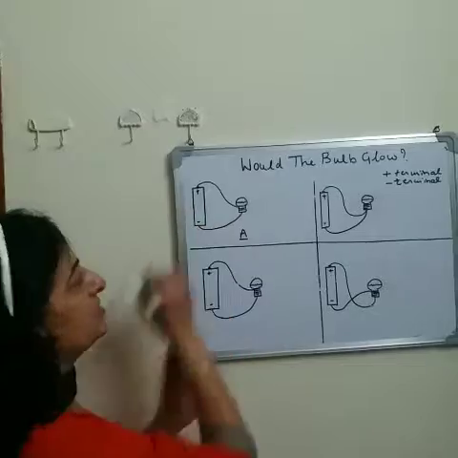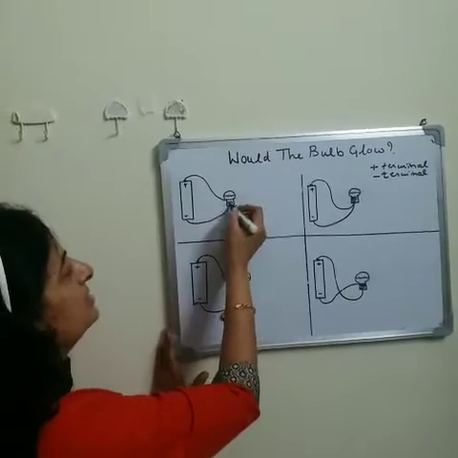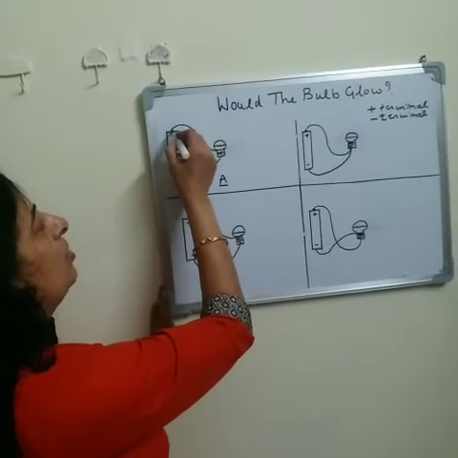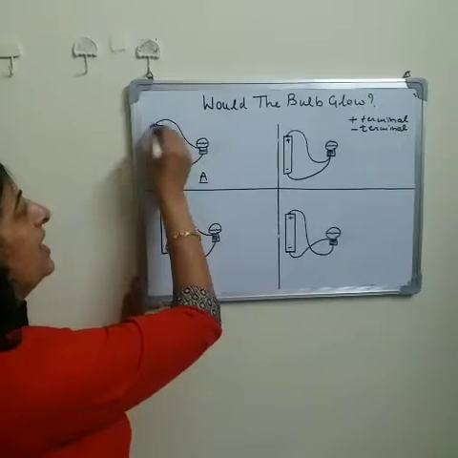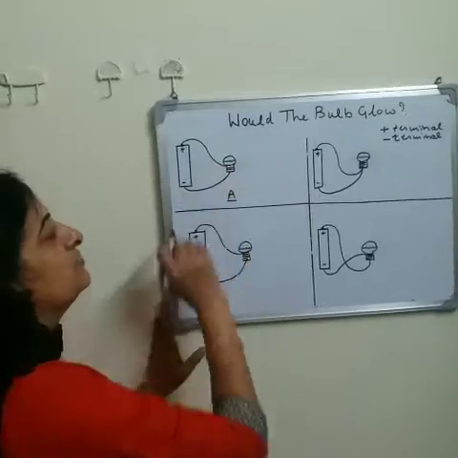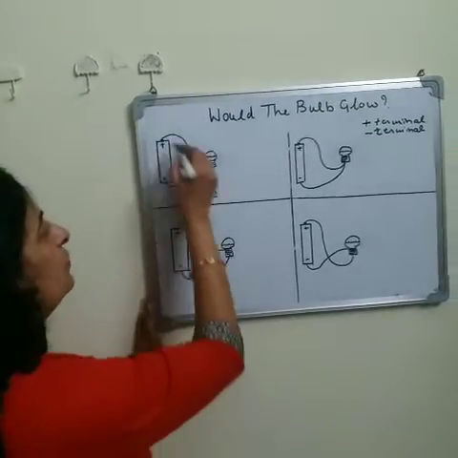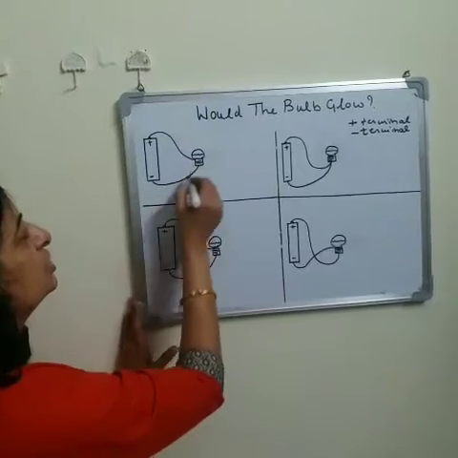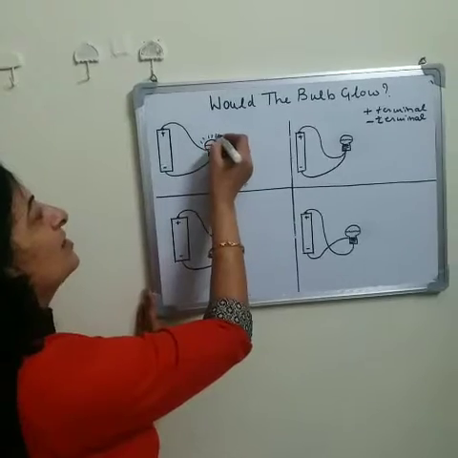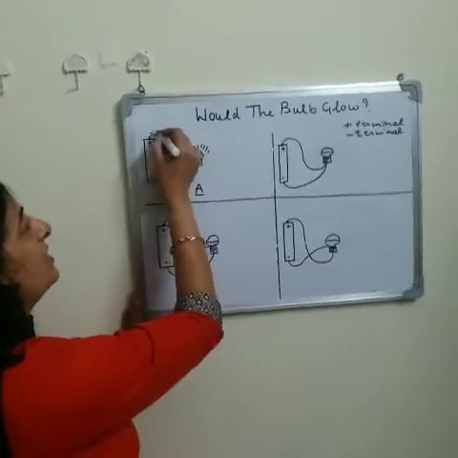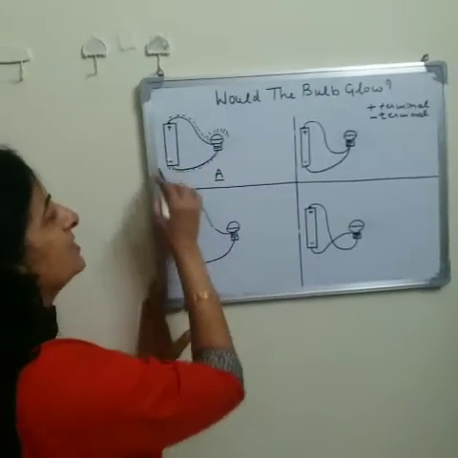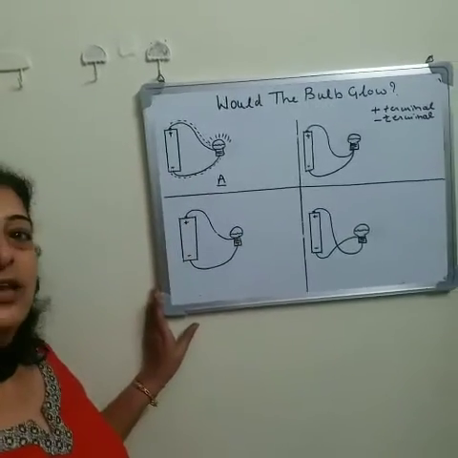Here there is a dry cell. These are the wires and this is an electric bulb. You can see one side of a wire is attached to the positive terminal of the electric cell and the other is attached to the negative terminal. So what do you think? In this setting, will the bulb glow? Yes, you are right. The bulb will glow because electricity can easily pass from the positive terminal to the negative terminal. The circuit is complete and the bulb will glow.